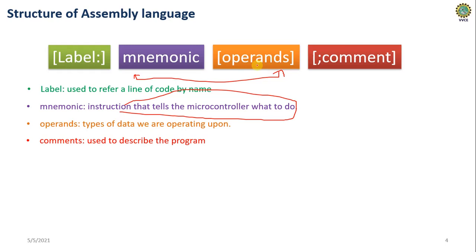So that is the structure of the assembly language. It is very, very important. For every program the structure goes like this. You will have the label, the mnemonic, the operands, and the comment. Some examples we shall see. This is one instruction, the structure of an assembly program. So the program instruction would look like this.